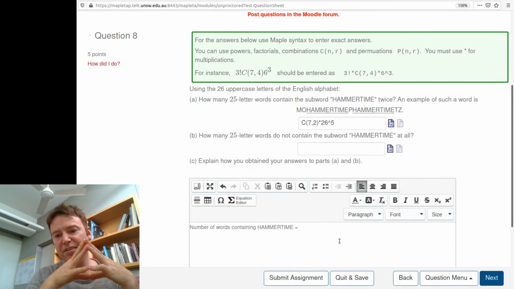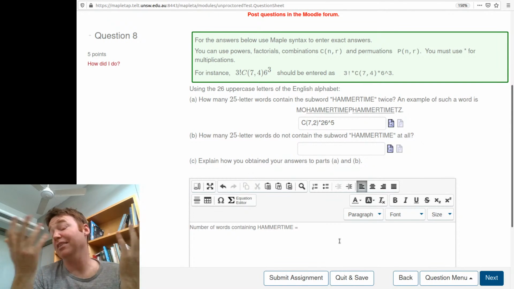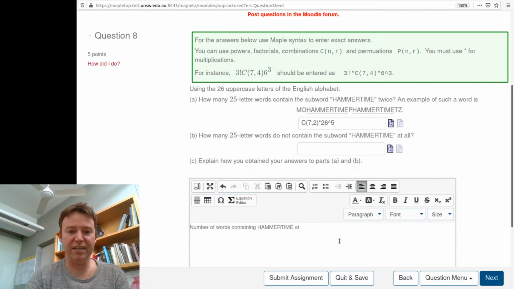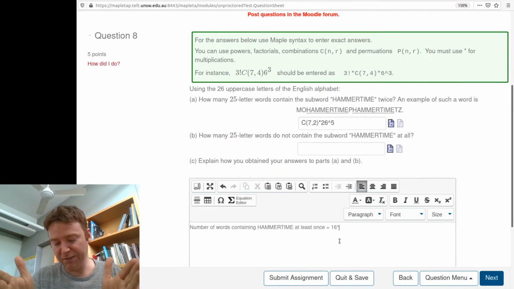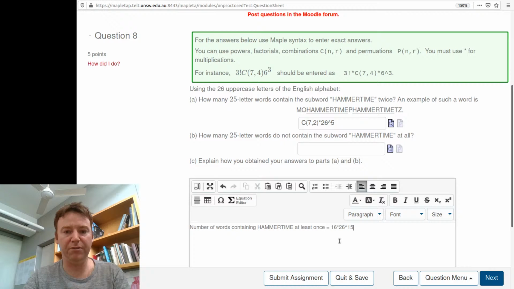Yeah, so that's words containing hammer time at least once. Maybe I'll write it that way. At least once equals, well, I've got 16 being the number of places I can put my aleph, then 26 to the power 15. Now, it may happen that in those remaining 15 characters, I've got another hammer time. So I need to, number,